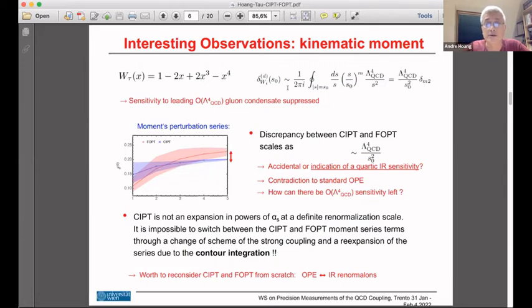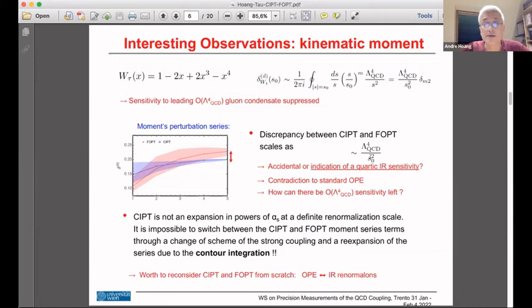If you look at the series for this moment and look at the discrepancy, you can calculate this discrepancy for different values of S0 in theory. You don't have data, but it doesn't matter. You just do the calculation. It turns out that this separation scales with the fourth power of the square root of S0. So it's actually proportional to Lambda QCD to the 4 divided by S0. Now the question is: is this an accident, just that perturbation theory happens to be like that, or